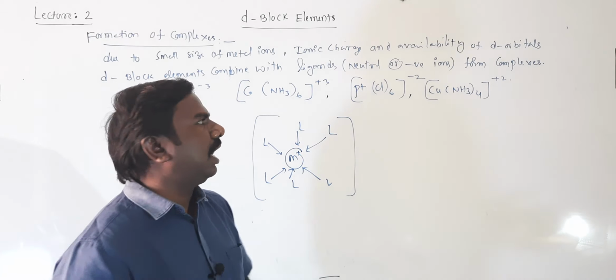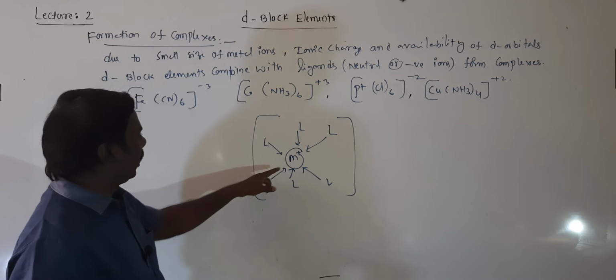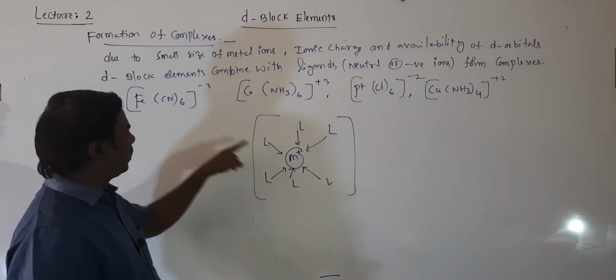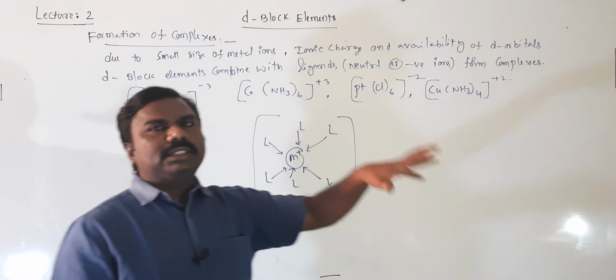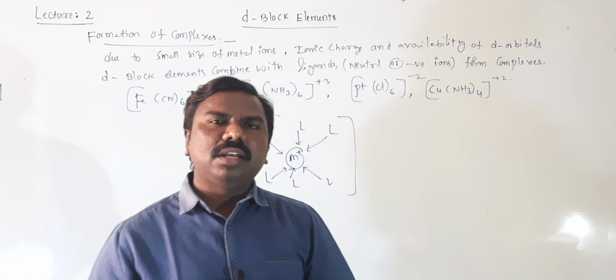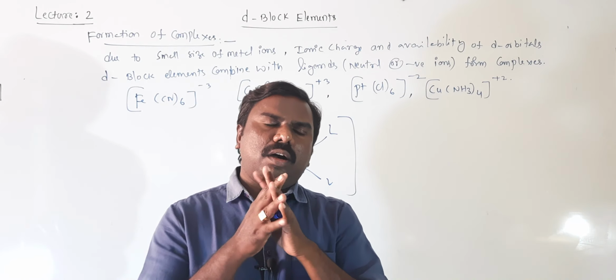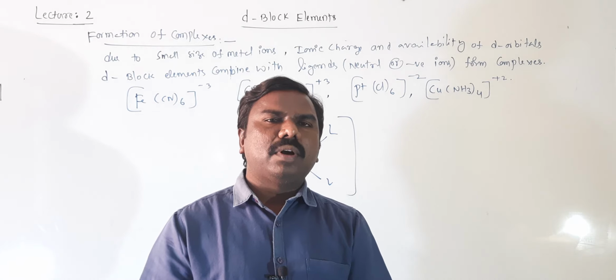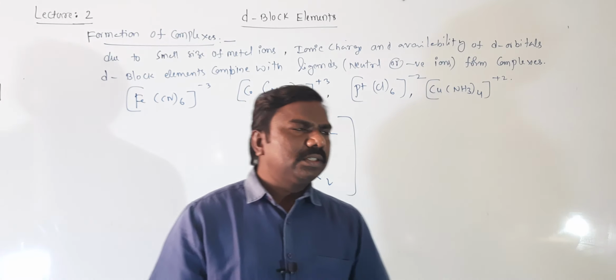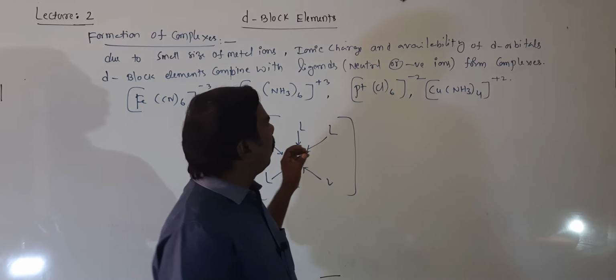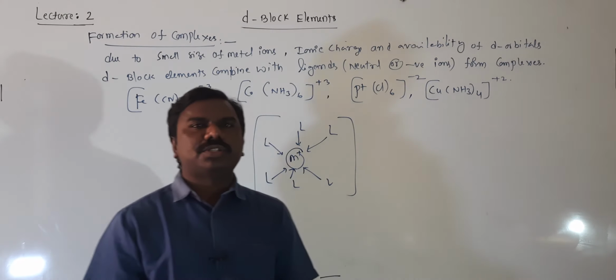Hence, they can exhibit complexes like iron central atom with 6 cyanides, cobalt central atom with 6 ammonias. This is a topic we have discussed clearly in a separate chapter already completed, coordinate compounds or complex compounds. So this is just a small piece of information given in this chapter.